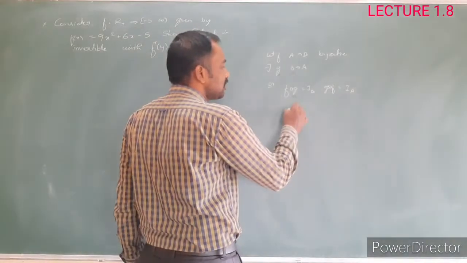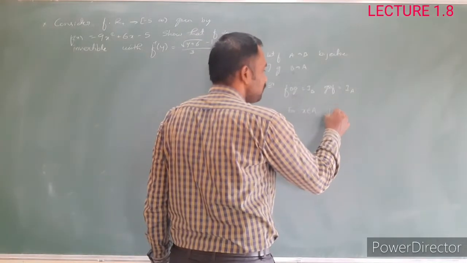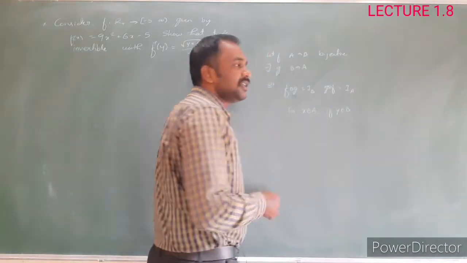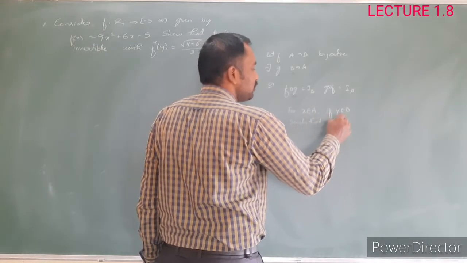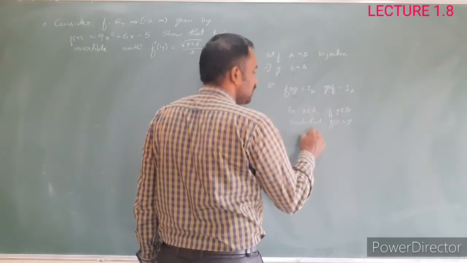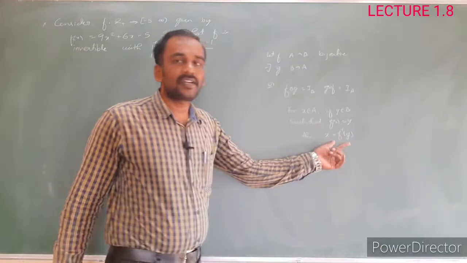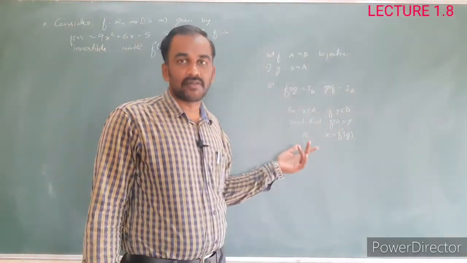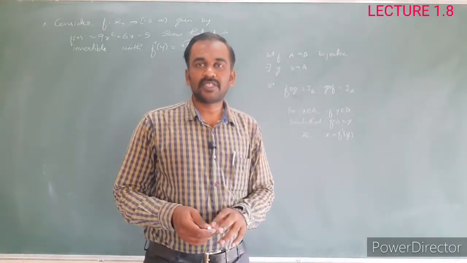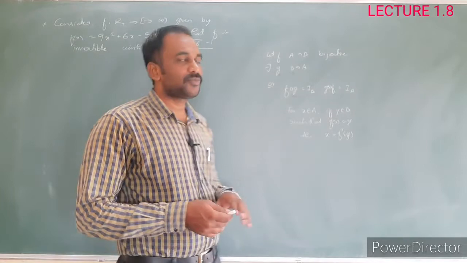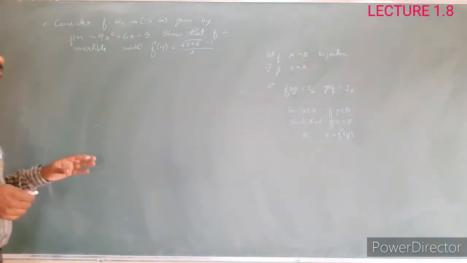For finding the inverse, the regular method we know is: for any element x present in the domain set, if another element y is present in the set B such that f of x is equal to y, then this gives x is equal to f inverse of y. This is the required inverse of the given function f. This is how we have to find the inverse of the function. Based on these definitions, you have already solved a few problems very important for the 5 mark section. Again, take the next problem by the same method.